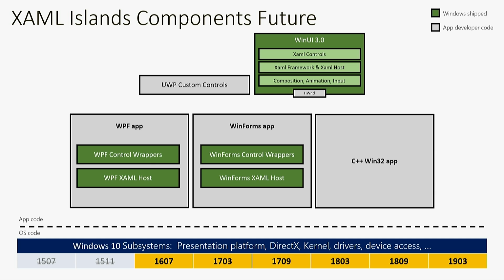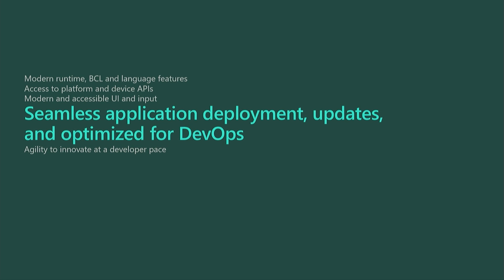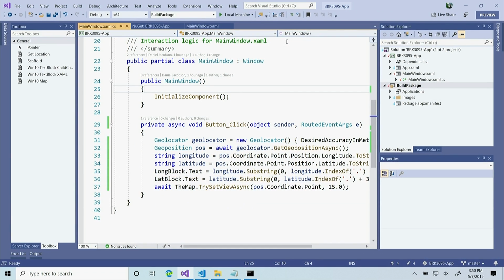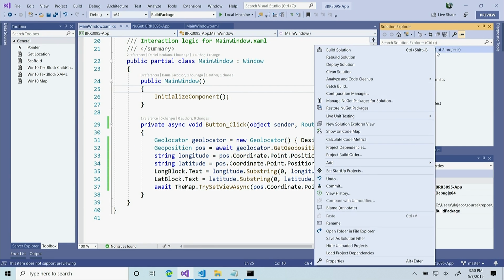So the next one, now we're talking about deployment. This is the fun one because we always get a lot of feedback on how much pain there is deploying desktop applications. So I added this Windows application packaging project just as kind of a step, but let me show you what